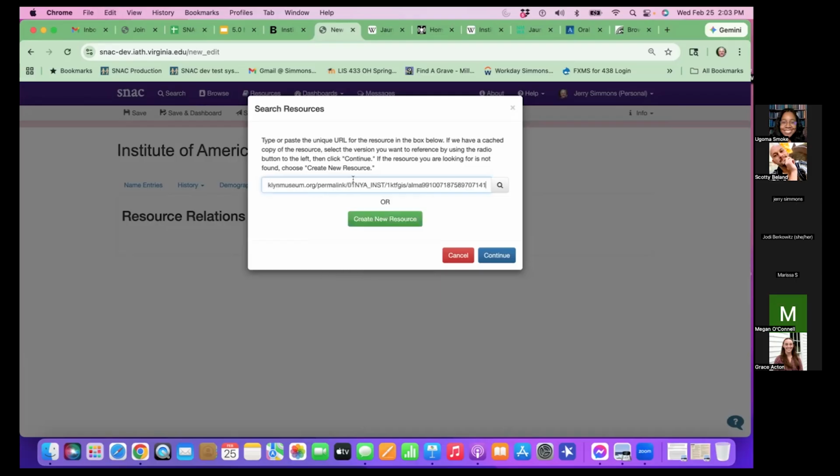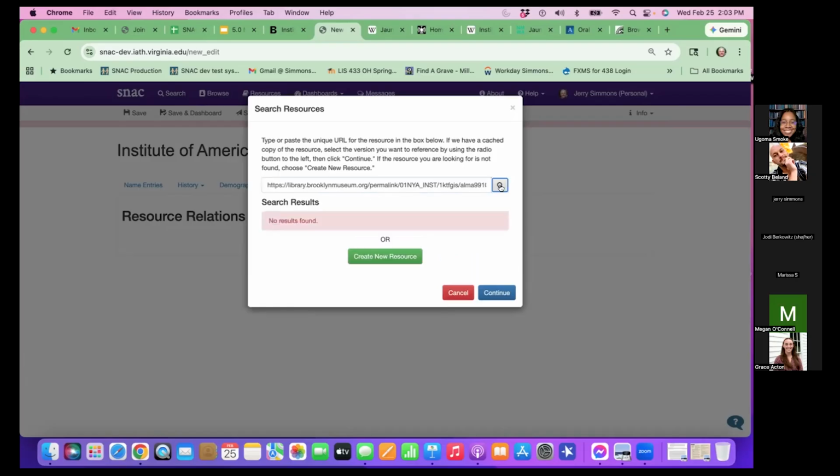So I'm going to search the system on that link for the description at the Brooklyn Museum. I'm going to drop the link in there and then make it do a search. And as expected, there are no results found. I've made sure that the finding aid isn't already in the system so I can demonstrate how you all will